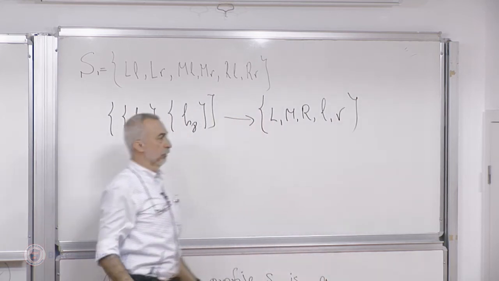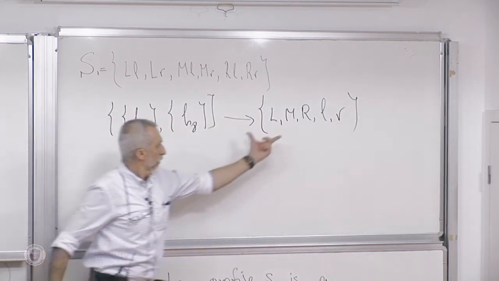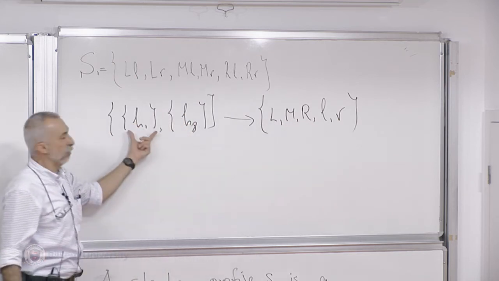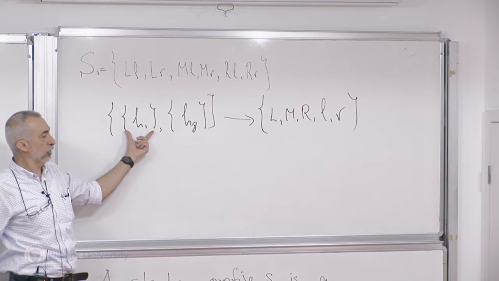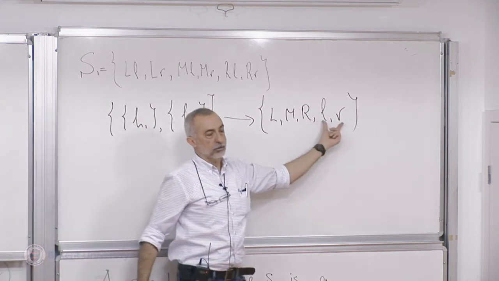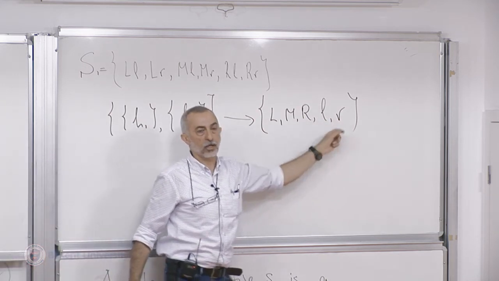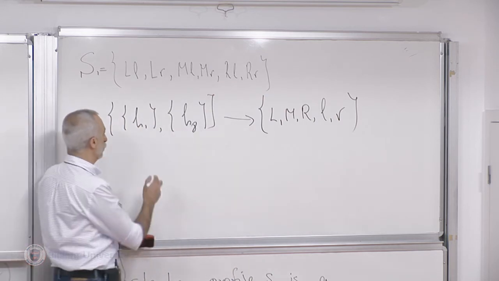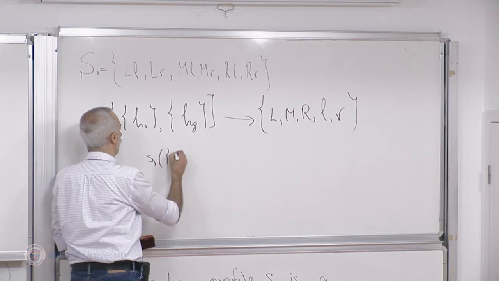But these elements, capital M, capital R, can only be mapped to this information set. These actions, small l, small r, can only be mapped to this information set. So a strategy S1, for example, is